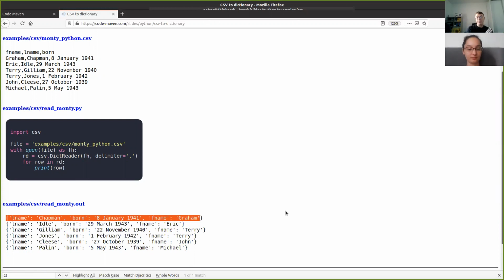Now if I know that the column name is fname, then I can easily access the field fname, and I don't have to care in which column it is. So if the author of the CSV file changes the order of the columns, I don't care, as long as I can trust